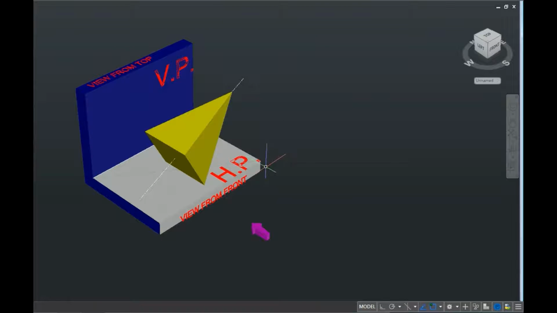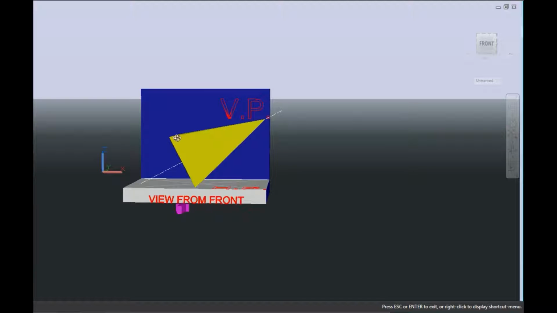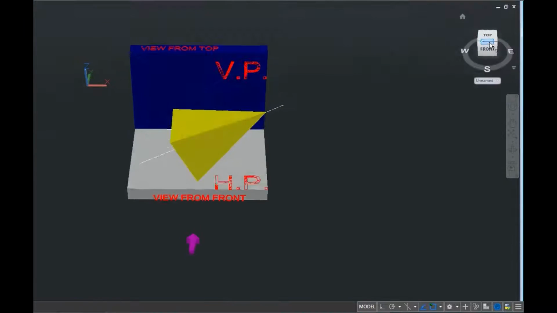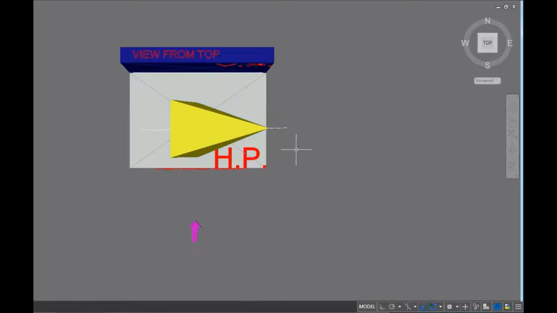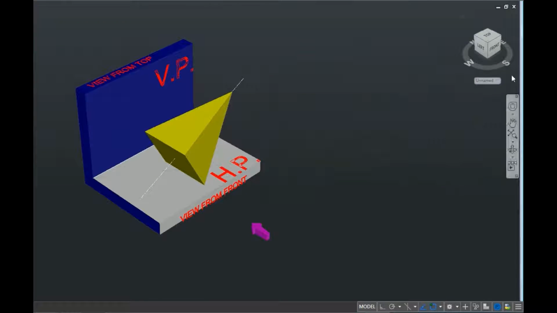And when you view this figure from the top, it will look something like this. There will be a triangle, but the other two edges are also visible on either side of this axis. As you can observe, there are small black portions which are visible to you. So this will be the final top view. And now we will see how to draw this in the drawing sheet.